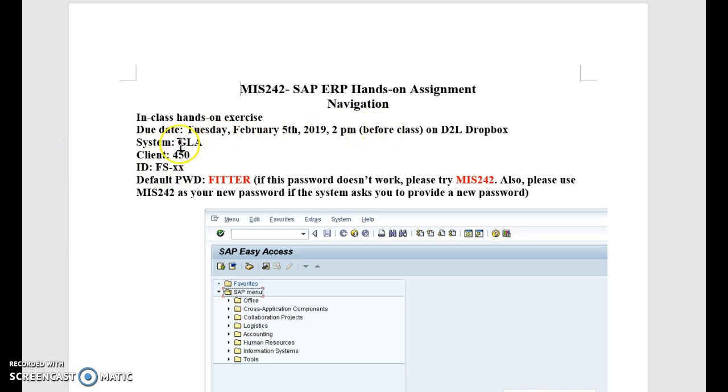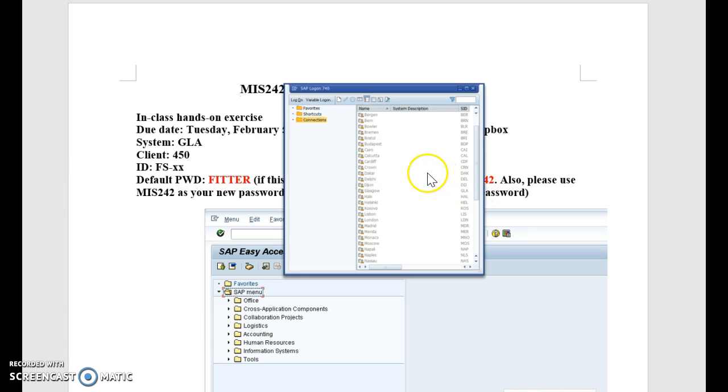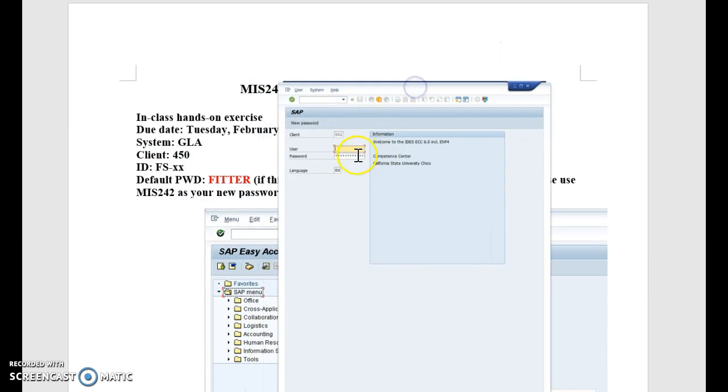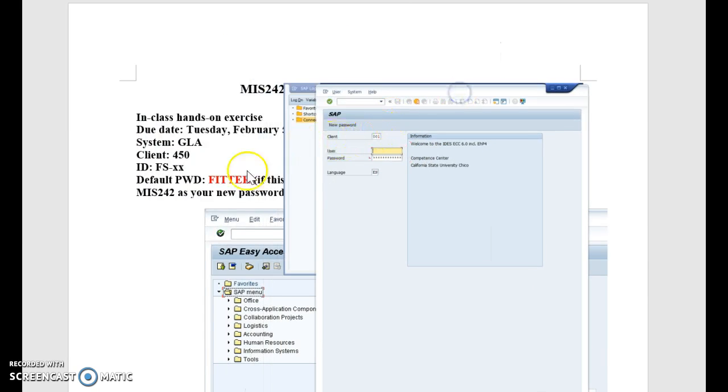So first we need to choose the system. The system is GLA. GLA is here. Make sure this side SID is GLA. So you just double click at the GLA. Then we have this login. So first we need to choose the client. Client is